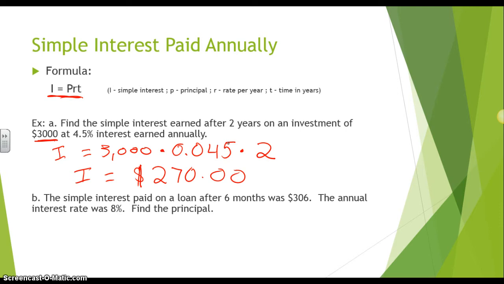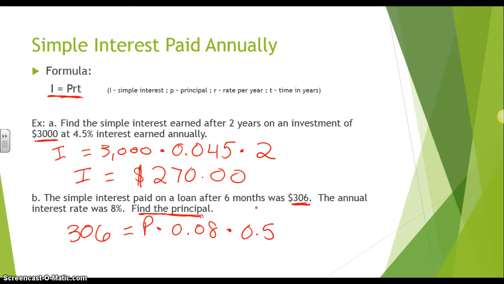Let's look at the next problem. The simple interest paid on a loan after 6 months was $306. The annual interest rate was 8%. Find the principal. So in this situation, we're given our I, which is $306, equals my P, my principal. That's what we're trying to find. So I'll write that as a variable P, times my rate. My rate is 8%. Again, we need to write that as a decimal, which is 0.08, times my time, which is in years. Now it's 6 months, so that's half a year. So I'll put